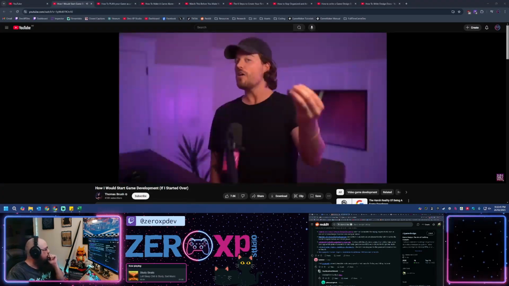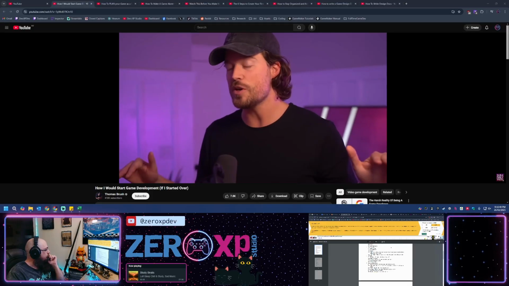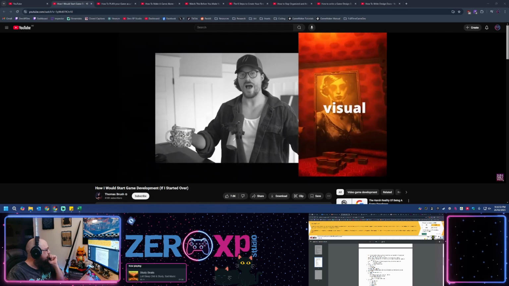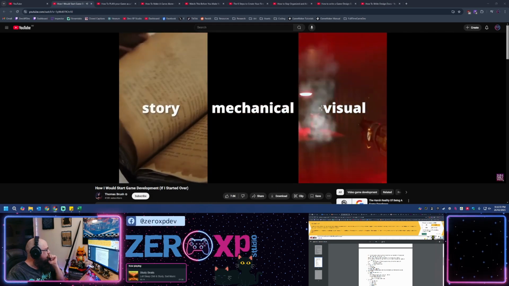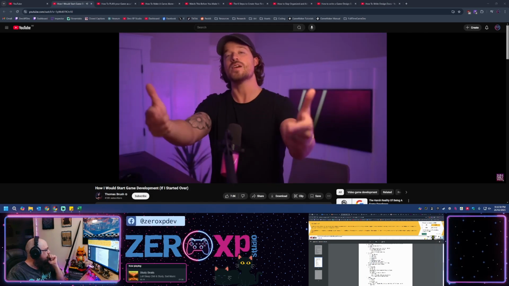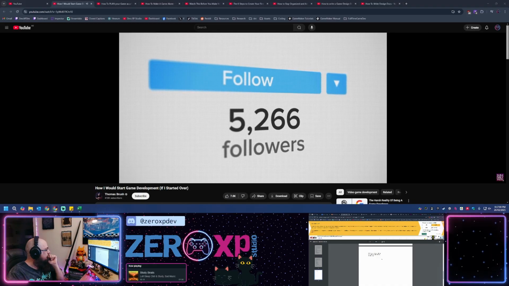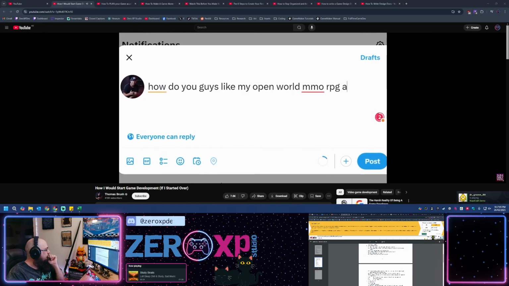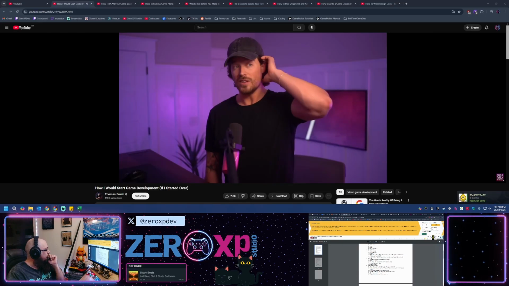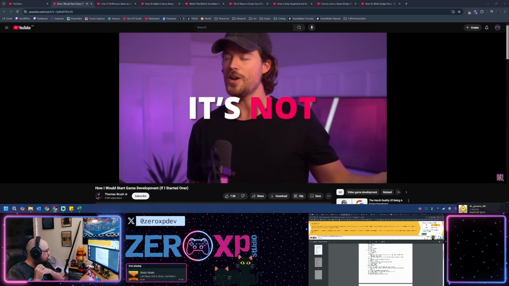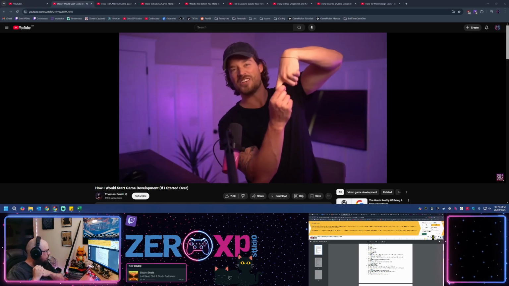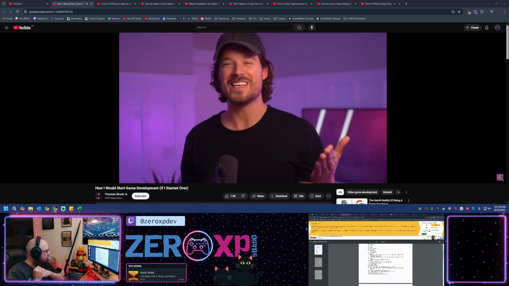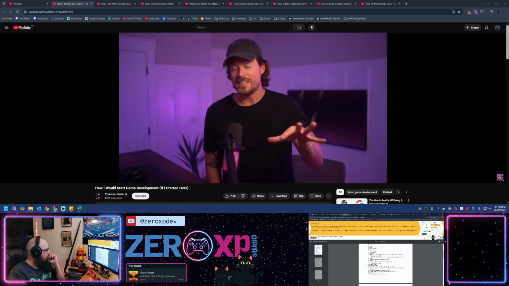Now for me, I call it a Trinity hook. And I say for me because every studio is doing this. They're thinking about the hook. But for me, I think about the Trinity hook. I've talked about this before. Trinity hook is what's your visual hook, what's your mechanical hook, and what's your story hook. You need to be thinking about those things and test it with your social media. If you have even the smallest following on social media, bring that up. Bring up what you think your hook is, what makes your game special. Pitch it to your audience and see what they say. A lot of times we think a hook is a hook, and it's not a hook. It's like well, actually, there's no bait on it. It's a rusty, boring hook. That's oftentimes what most indie game developers' hooks look like. So you need to test it with your audience.